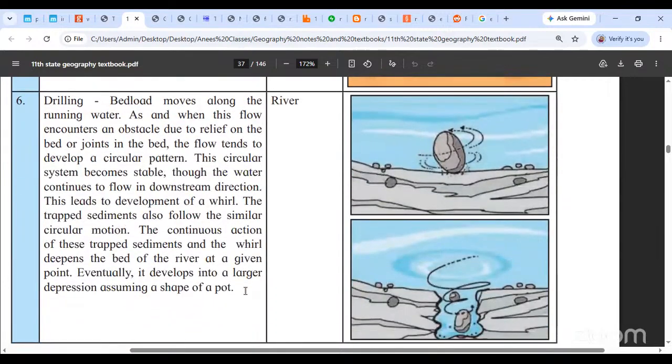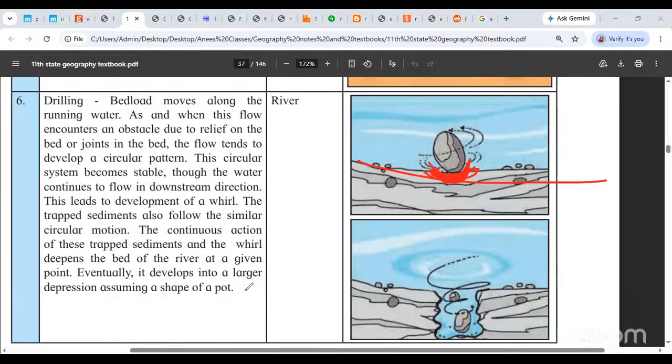Okay, drilling is a very interesting process related to rivers. Okay, what this does is, can you see this rock? Okay, this is the bed of the river. This portion that you can see is the bed of the river. Now what happens is the load carries a rock, there is a rock, a huge boulder within the load. Okay, then it goes and creates some sort of friction over here at the very base of the bed, okay, and यहाँ पर it starts creating